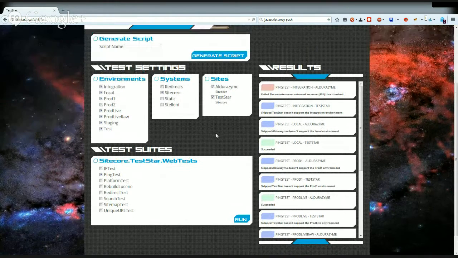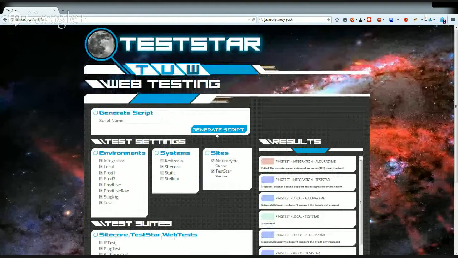So that's it. That's the TestStar front end. This is how I'm envisioning being able to work with unit and web testing. What I'm hoping is that it'll make your life easier by letting you focus on just building the tests and not worry about how to deploy the tests, how to run the tests, or what you have to do to get away from the little bit of the NUnit XE UI, which is functional, but